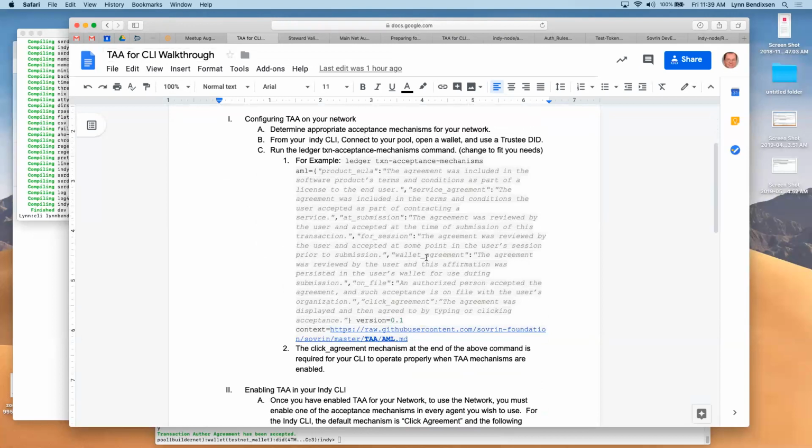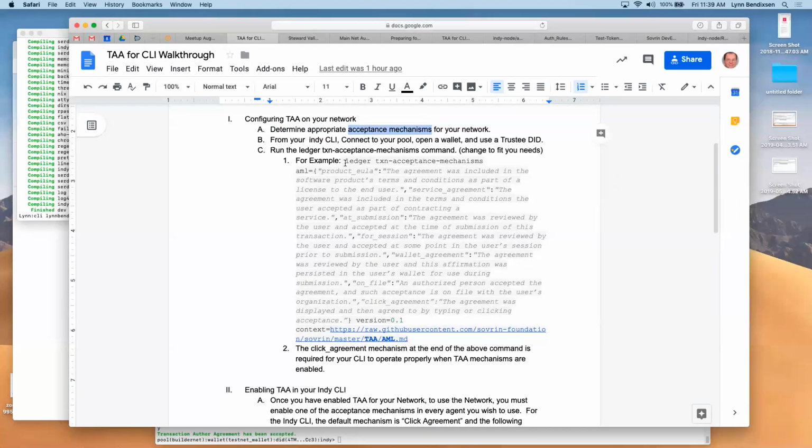That's what this first step here is. The first step here is to determine appropriate acceptance mechanisms for your network. And what we mean by acceptance mechanism is what Adam was just talking about, either the click agreement or the one-time thing through your vendor or whatever. There's a couple of different ones.